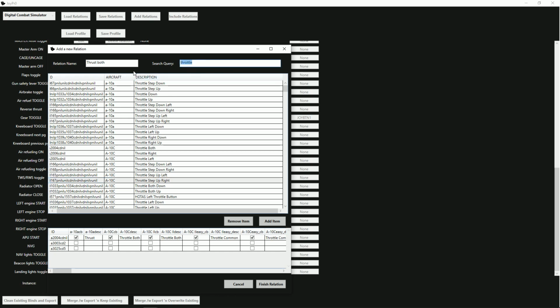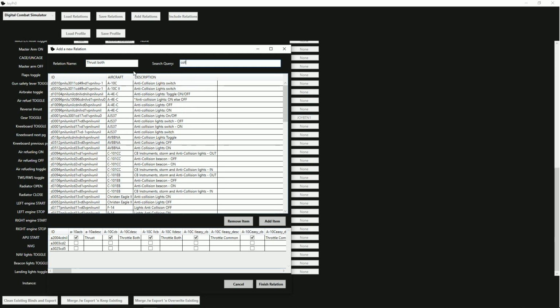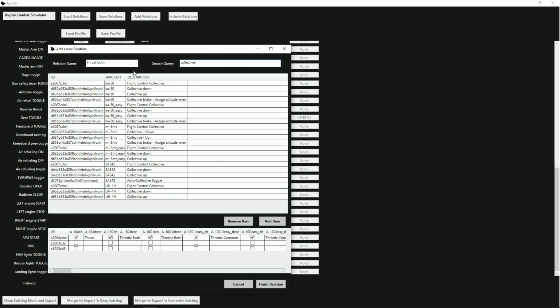So one more thing would be to say, okay, the helicopters don't use a throttle, they use the collective. So let's just go ahead and type in collective, and boop, all the choppers pop up. And I'm going to go here and flight control collective for the Ka-50, and I'm going to add the item. And already we can see all the choppers share the same ID as well. So by adding the first one, I've already added all the other choppers, which we can confirm by taking a